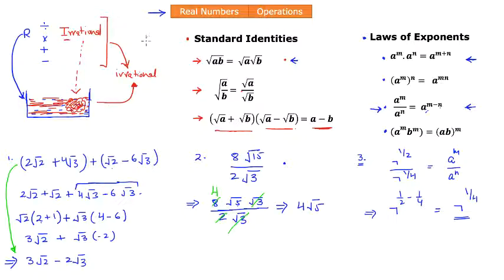The fundamentals are performing the operation of rationals with irrationals will always result in an irrational number. Another fundamental is that the standard identities also apply on irrationals, and then there are some laws of exponents. The same laws of exponents that we have studied under the rational numbers, okay? So with that, we will take a pause here, and that concludes our discussion on the operations on real numbers.